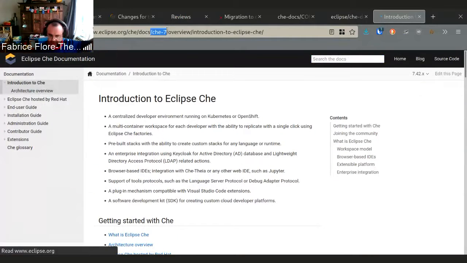So we will have 7.42 and then 7.43 pointing to stable with the content that is in the main branch. Voila. I believe I've made the tour of everything. Any questions? I know that's a lot of information.